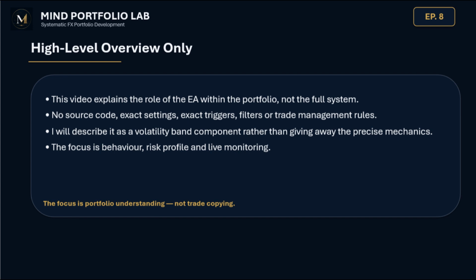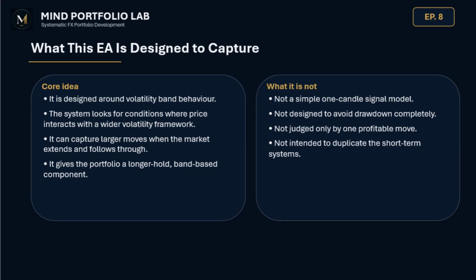At portfolio level, this EA gives me exposure to volatility band behavior. What I mean by that is that the system is interested in how price behaves around a wider volatility framework. It is not a simple fixed level strategy, and it is not a very short-term momentum system. It is designed around the way price stretches, expands, reacts, and follows through relative to a band-based structure. I am deliberately not going into the precise band logic or the exact trigger, because that is part of the system itself. But in broad terms, this EA gives the portfolio a different type of exposure from the systems already